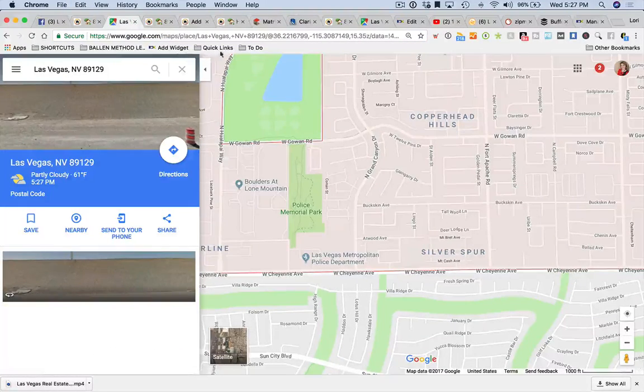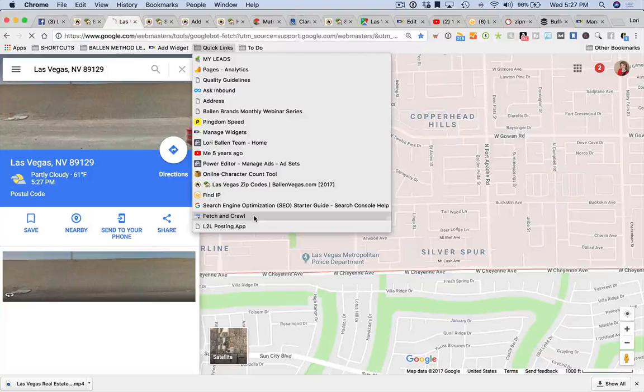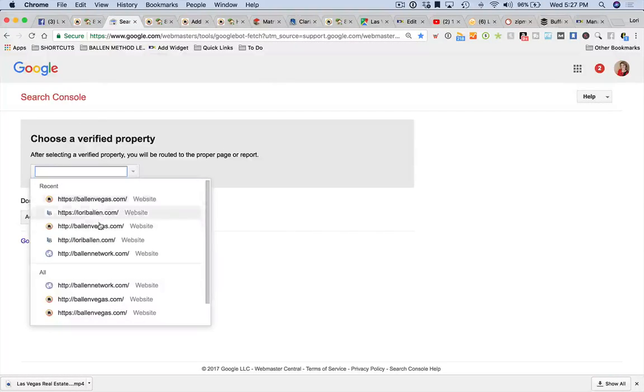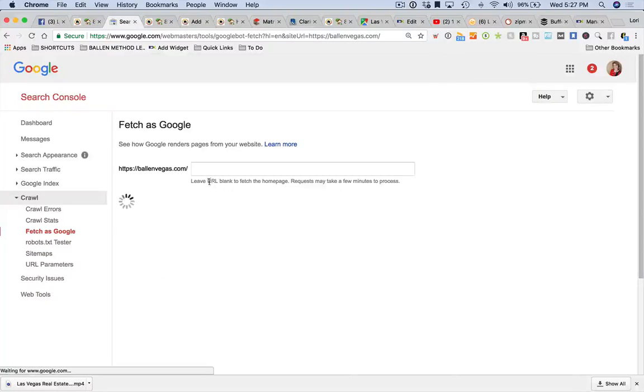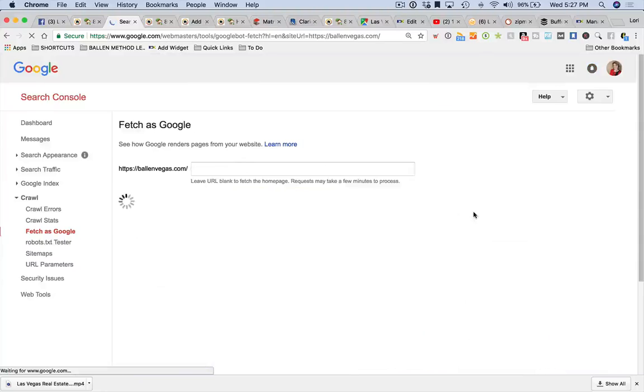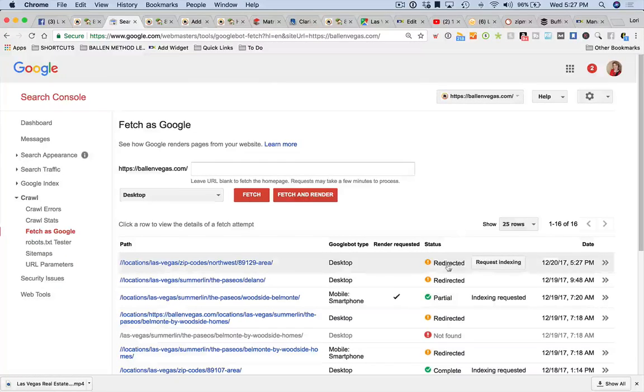So you open your search console. I actually have a quick link here. You go to the fetch and crawl. You find your property, which in my case is that one. You paste your URL in here without the top level domain, and you hit fetch or fetch and render. And once it fetches it,